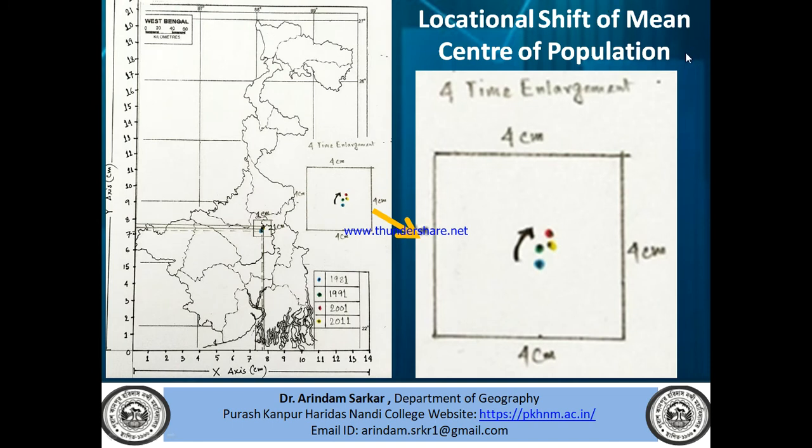Now the locational shift of the mean center. That is the locational shift. I put here the mean center location of 4 different years, that is 1981, 1991, 2001 and 2011. That is the locational shift towards the north, and that is the 4 times enlargement of this area of this map. After enlargement you can easily identify the location tendency and the shifting tendency of population of West Bengal during